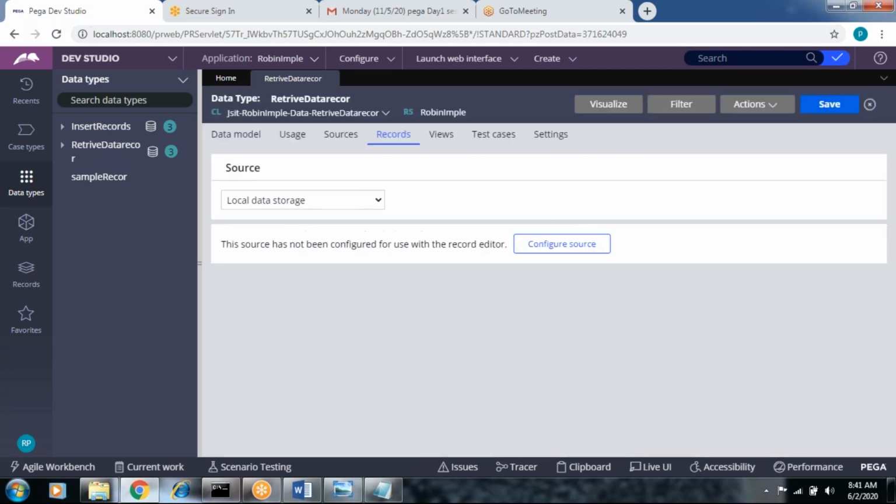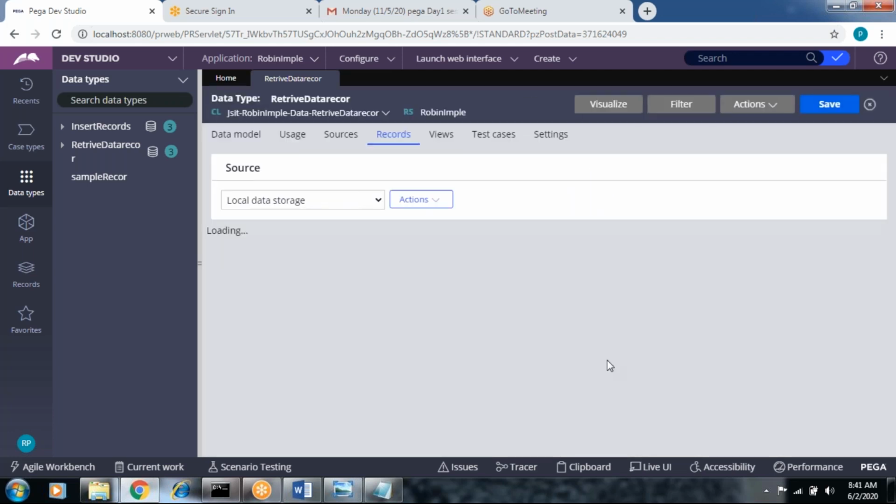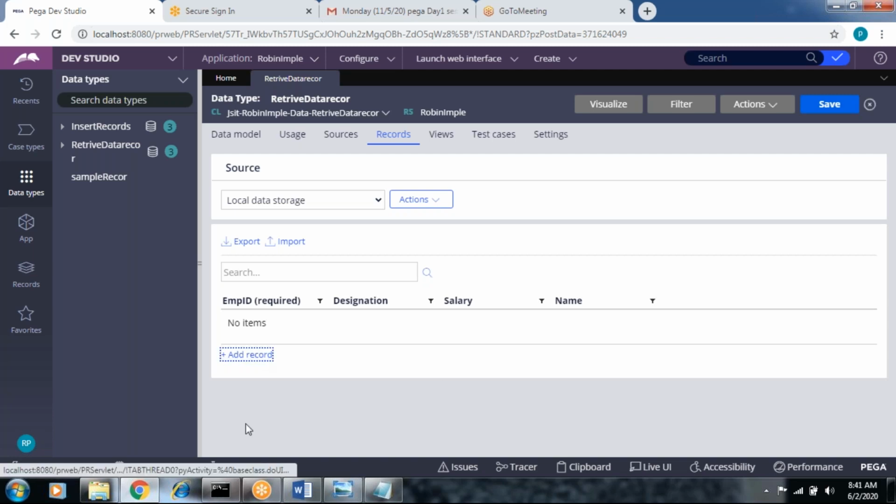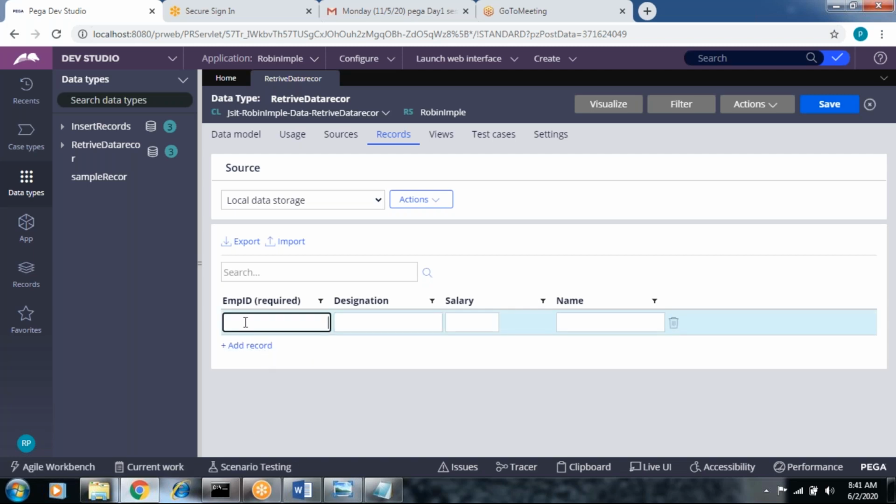And go to close. Here enter some data, employee ID something.